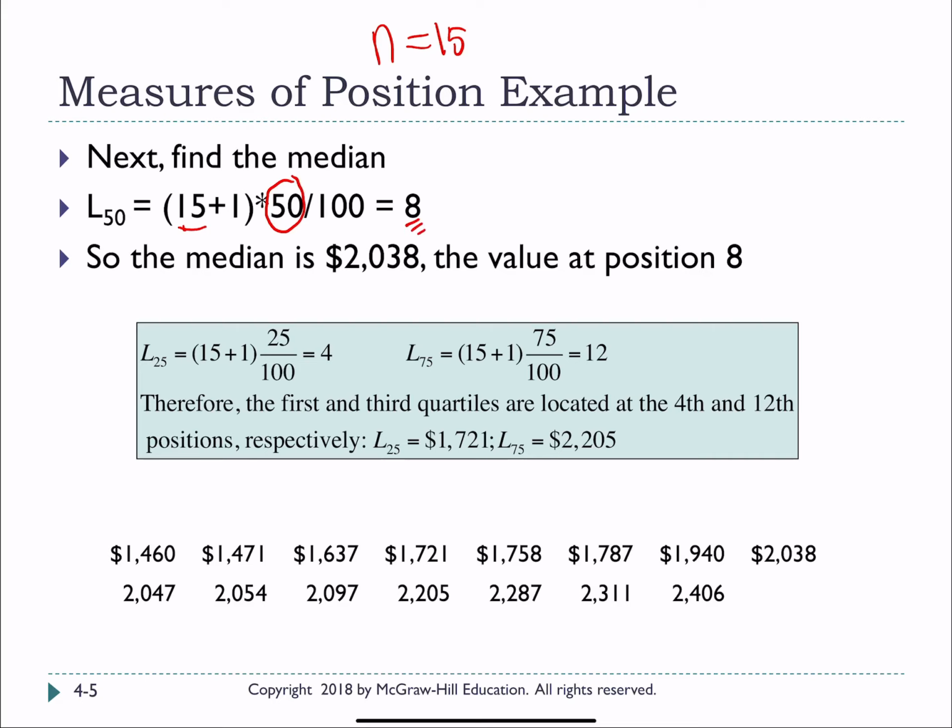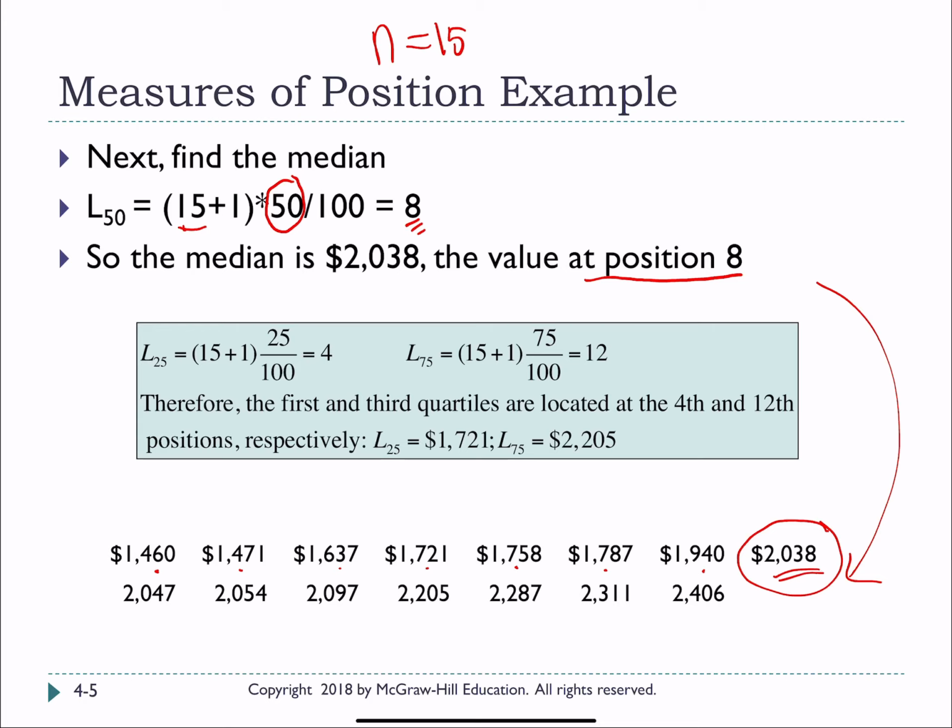Now, 8's not the answer. The value, the median, is not equal to 8. What we say is the median is the value at position 8, okay? And so again, down here, I have all of them listed again. So if we count over, 1, 2, 3, 4, 5, 6, 7, 8. So we would say that the median for this data set is